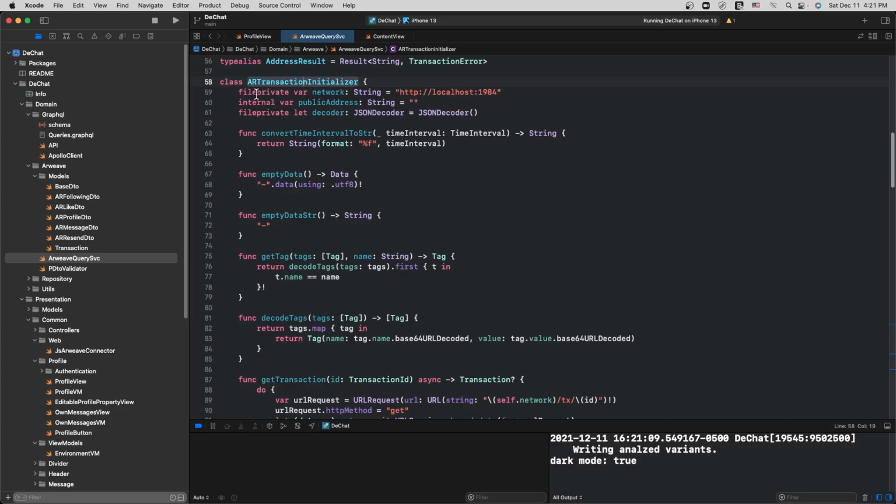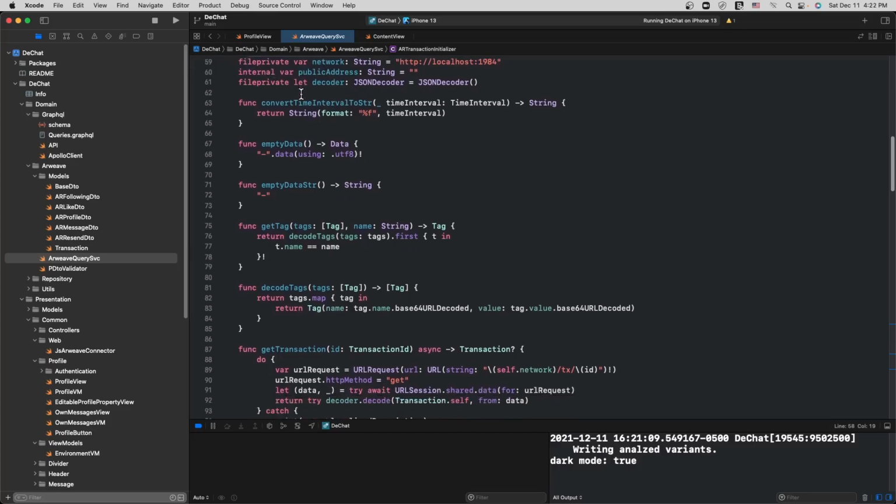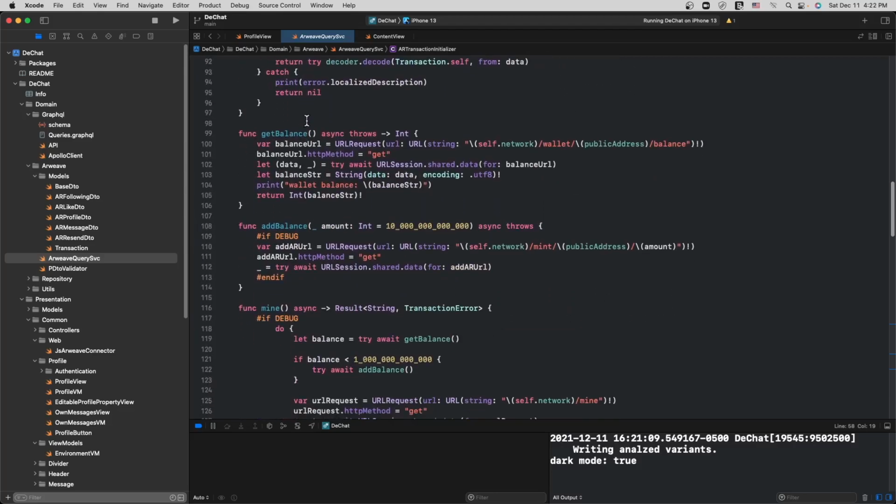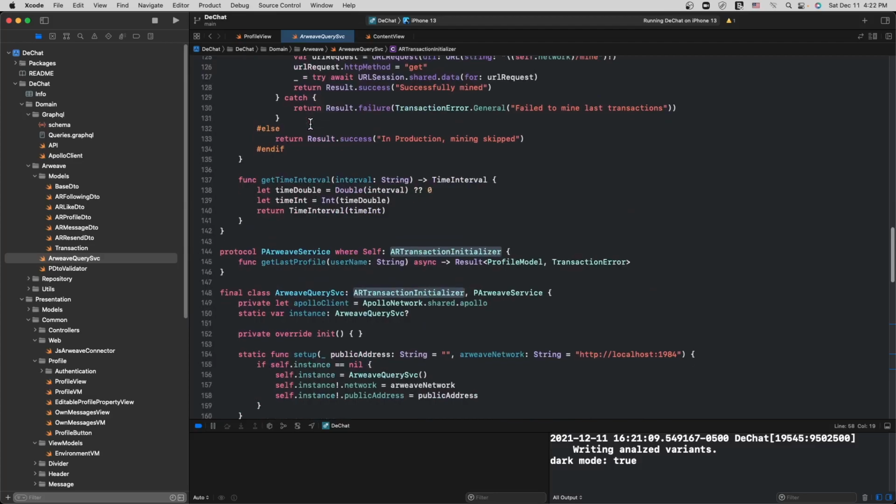I have this base class, a parent class, with common functionality. And then I have this protocol, which is going to have data model specific functions in it. So in this case, we've got our profile specific function. Later on, we'll have a message post specific function, things of that nature in here.